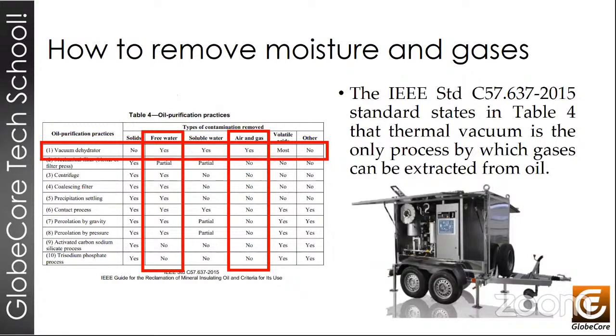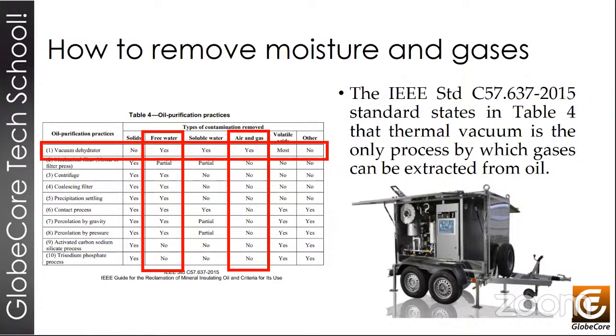Once again, the use of thermal vacuum process allows us to remove gases from the oil, and apparently no other oil purification process can really accomplish that. So this is just it. It should be noted that thermal vacuum systems are effective for the extraction of water. So the thermal vacuum process is widely recommended as it affects a large number of possible contaminants in the oil,